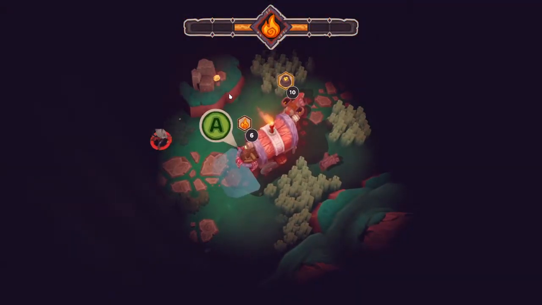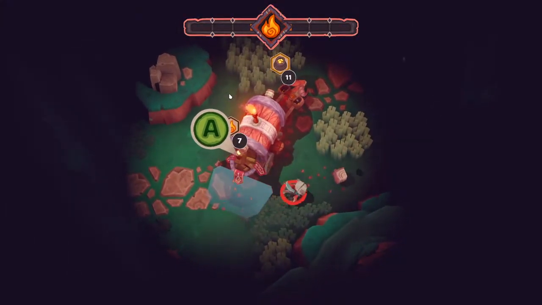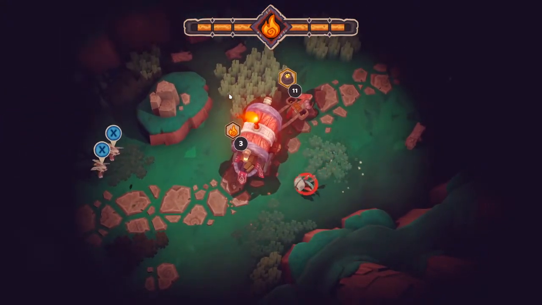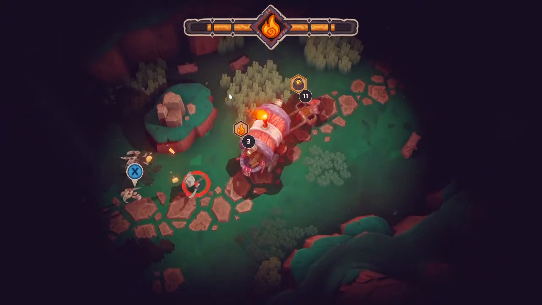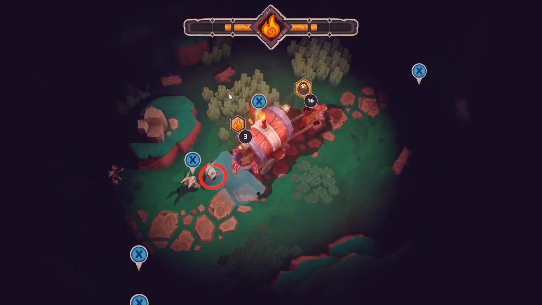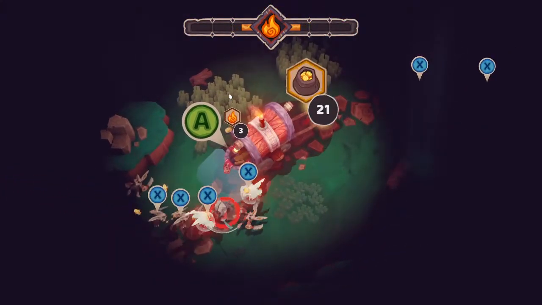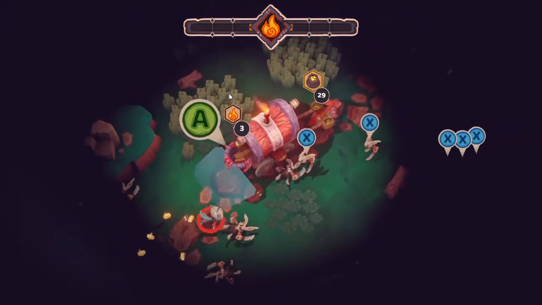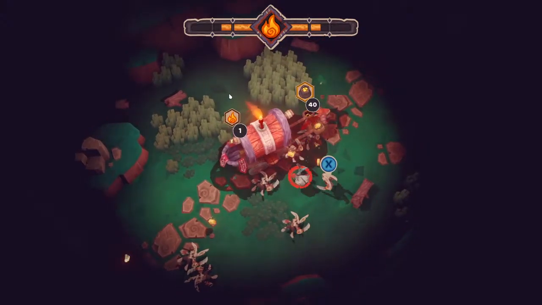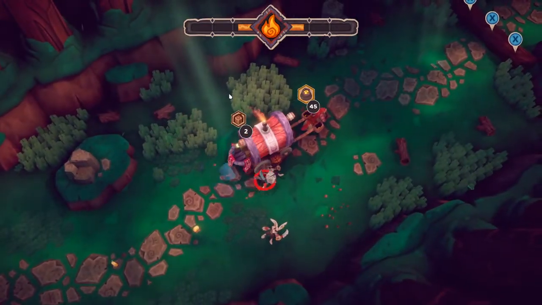I joined their Discord, and it's written in Unity, but the developers are aware of Godot and other game engines. I mean, at the end of the day, when you just want to make a game and you're not that interested in the technology, it doesn't really matter. Whoa, there's way more guys on hard mode, holy smokes. This is like the first wave. Oh man, this is gonna get really difficult.